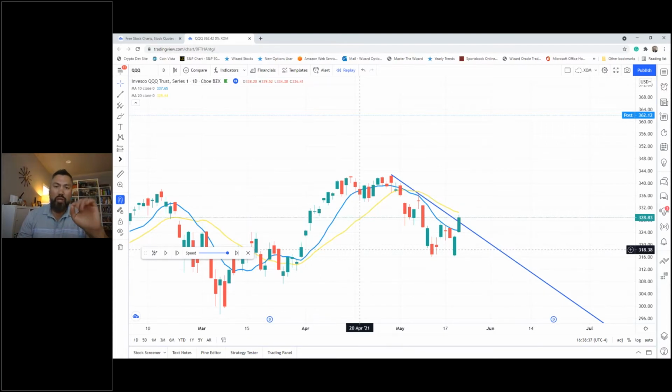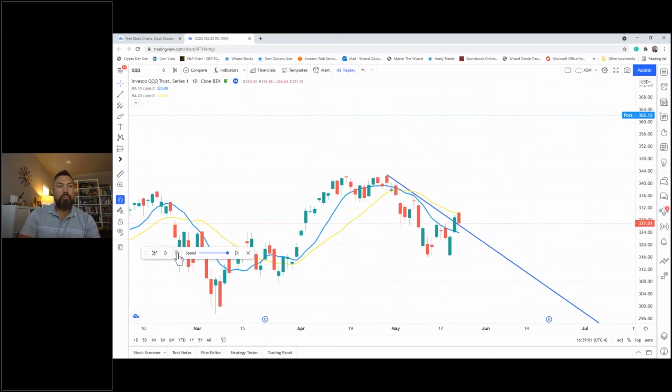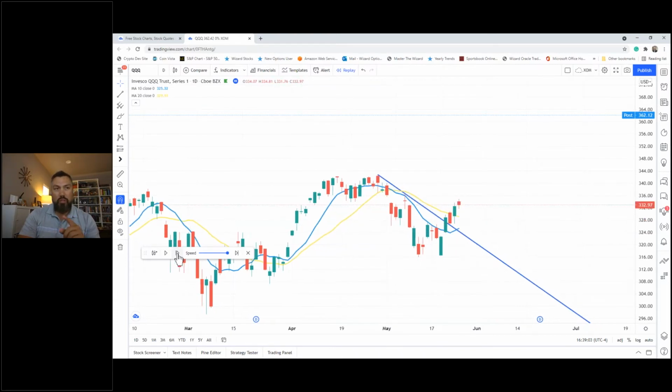If you want to be more conservative on your entries, then you want to wait for the full cross of the bars. Okay, so it's another level of conservativeness. I think I just made that word up. It's another layer there to just be a little bit more conservative and wait for additional confirmation. So a few bars go by. There's a cross. So that is for the conservative ones in the room. You see how we just waited another day or two to get a confirmation that we're going to go above the 20-day.